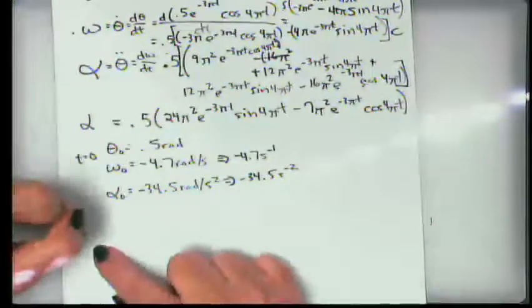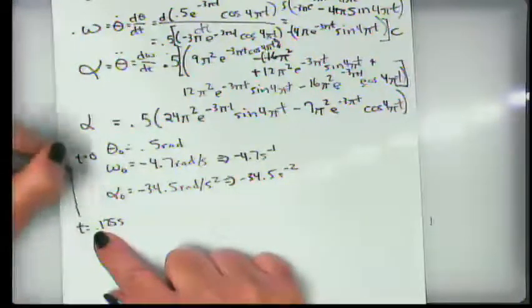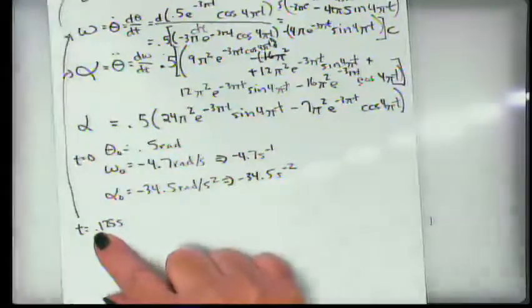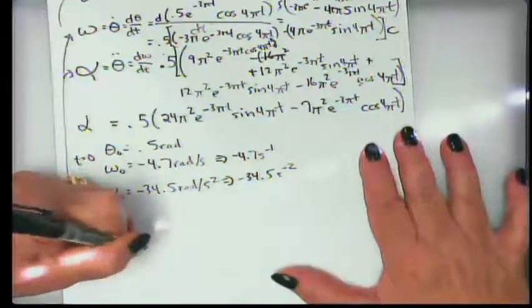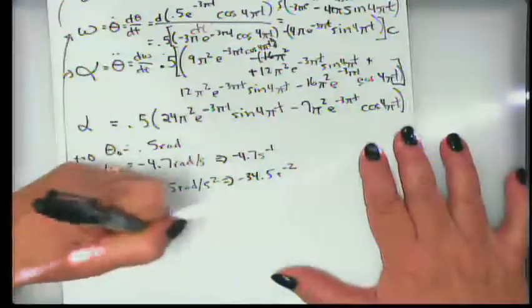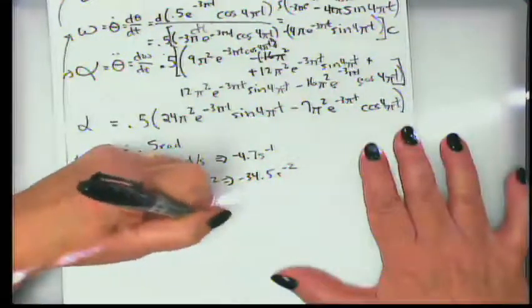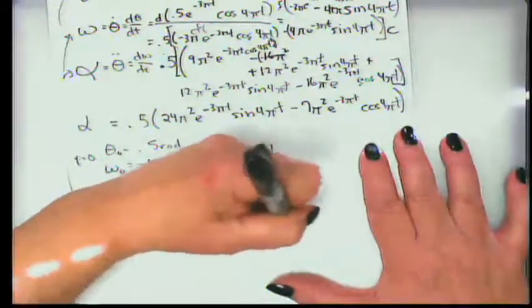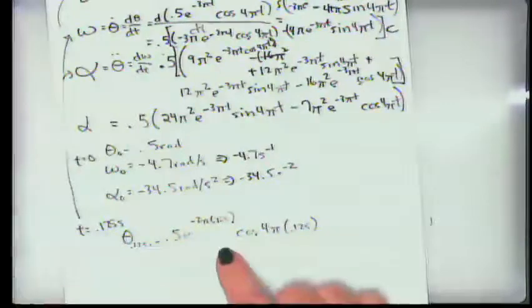All right. Now the next one would be at t is equal to 0.125 seconds. So what you have to do is plug those back into these equations, but also start with that equation, right? So that means that theta at 0.125 seconds is going to be equal to 0.5 e to the minus 3 pi times 0.125 times the cosine of 4 pi times 0.125, right? And when you plug that in, what you will find is that